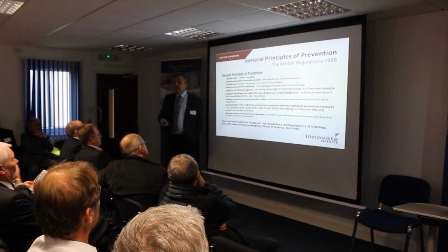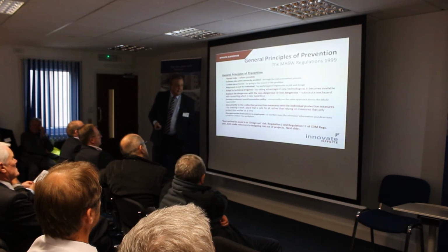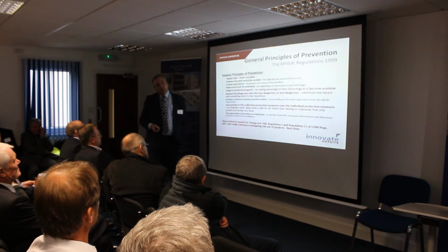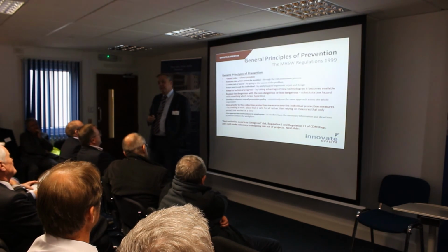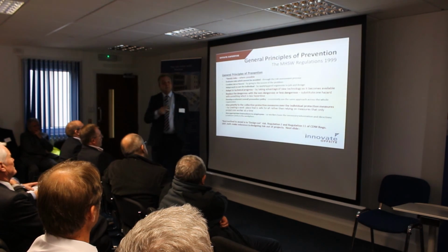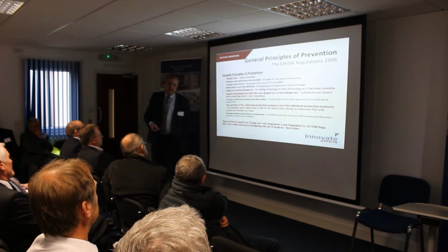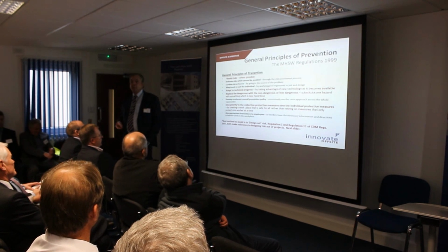So if we go off-site, are we doing that? Most certainly. If we give priority to collective as opposed to individual, which it is very much on site. If you think about a typical traditional site, and you've got a scaffold around the outside, how many people work at height on that top lift of the scaffold over the period of the contract? And we've already explained to you, only one person works at height in the factory. So, to me, if we are going to avoid risk, we design it out. If we design it out, we look for